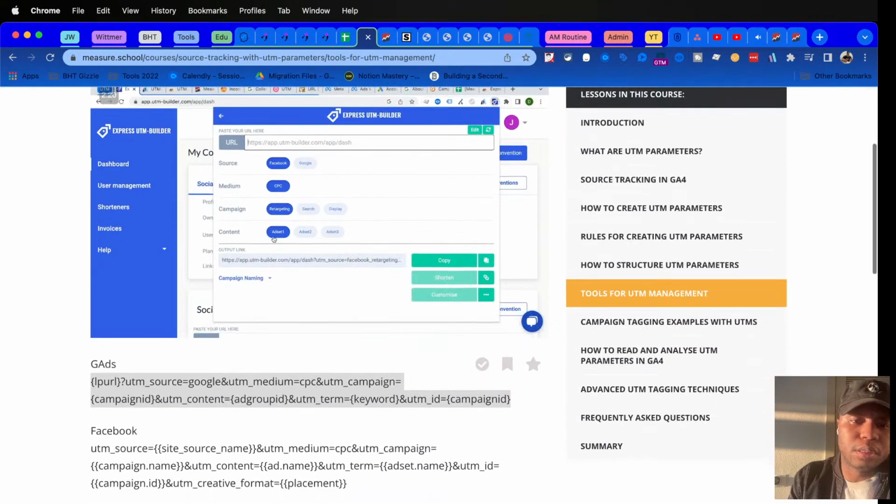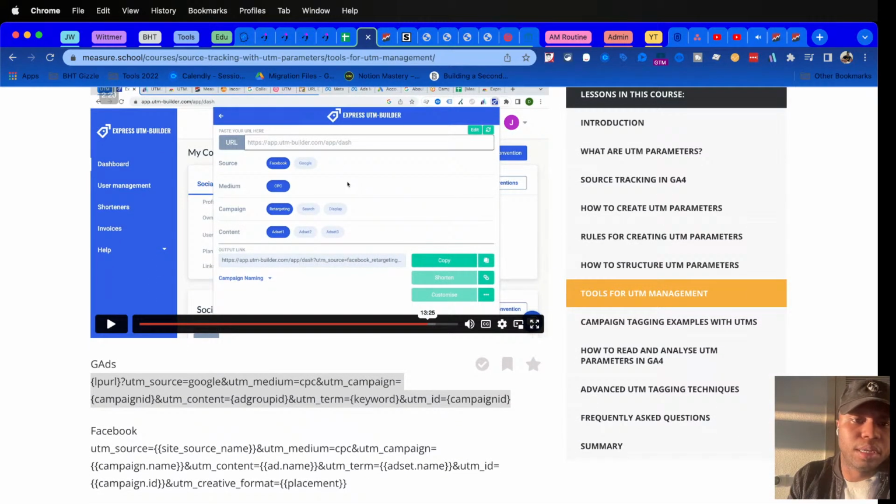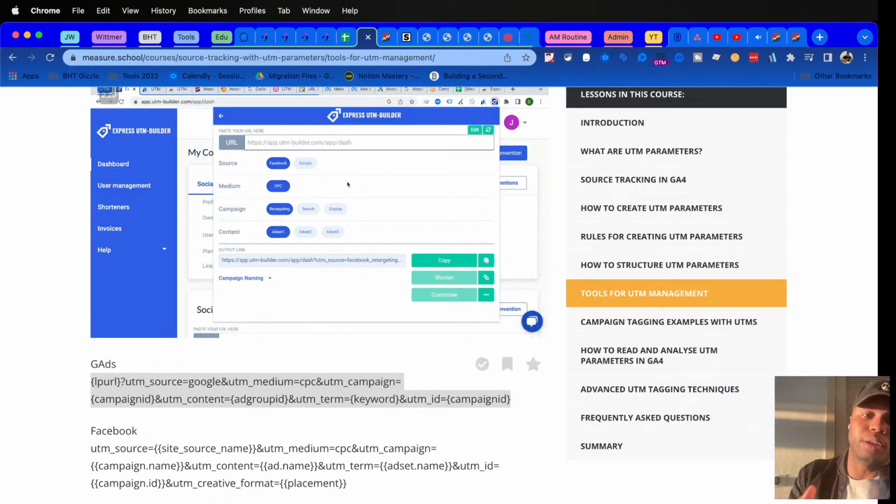Medium is always CPC. So you can insert the best retarget on display, and this is all an example. You can put in just your website's name and then your source, your medium, your campaign, your content, and all eight parameters, really, UTM parameters can be included, and you can pre-select what people are able to choose based on what credentials they have. So if they're in the marketing department, they can only